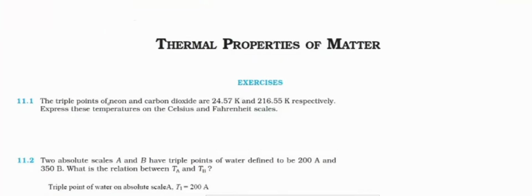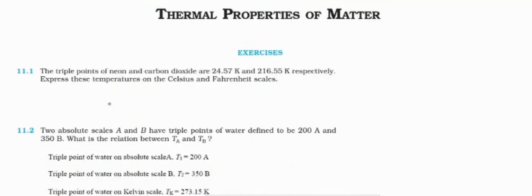Question 1. The triple points of neon and carbon dioxide are 24.57 Kelvin and 216.55 Kelvin respectively. Express these temperatures on the Celsius and Fahrenheit scales. Okay, the relation between Celsius scale and Kelvin scale, both the temperatures are given in Kelvin scale. So we can have